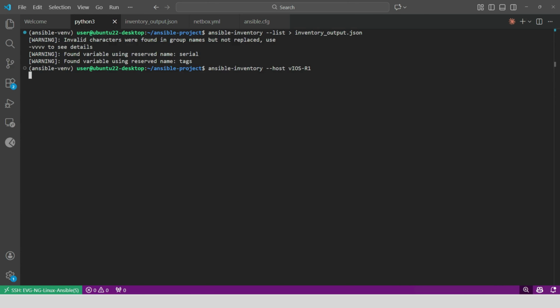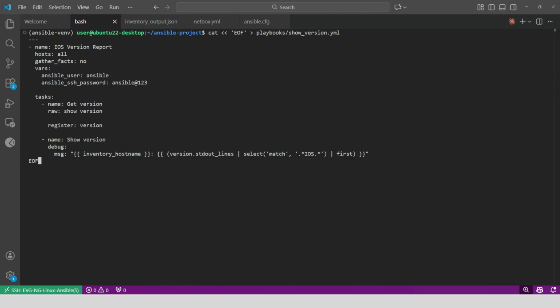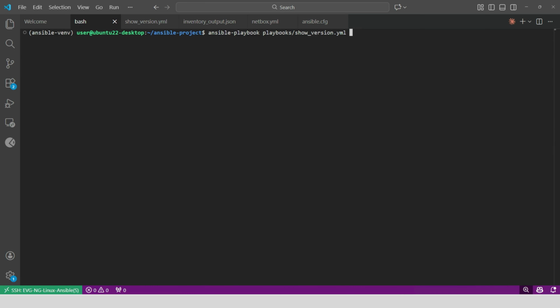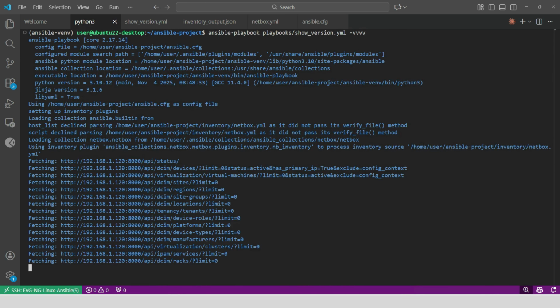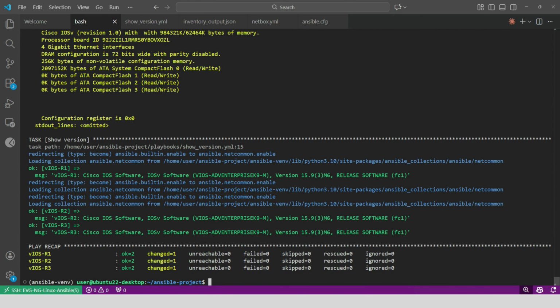And let me also check a specific host. All the variables Ansible has for the first router. This is what our playbook will access. Okay, let's actually run something against our dynamic inventory. Simple playbook. Connect to all devices, run show version. Now you will notice I'm putting the credentials directly in the playbook as vars. Honestly, I tried using group vars at first, but it wasn't passing credentials correctly with the dynamic inventory setup. For production, use Ansible Vault to encrypt these. So let's run it. All three routers successful, and we didn't define any of them in a static inventory file.